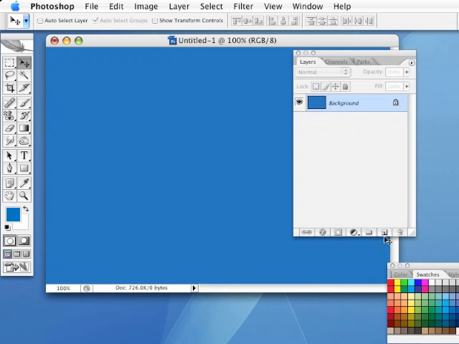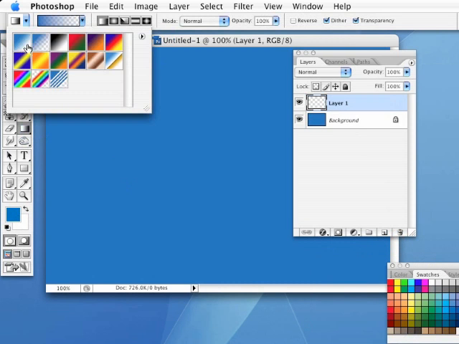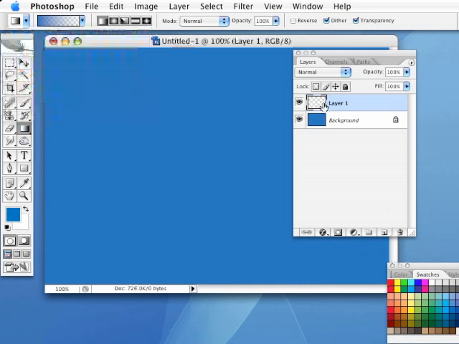Then I'm going to create a new layer right above that one. Now, using that same foreground blue that I have, I'm going to select my gradient tool. And I want to make sure that I'm going from my color, which is the blue, to transparent, which is the second gradient icon right here. Make sure that's selected. And on that active new layer, I'm going to hold down my Shift key and just draw the gradient in from the left